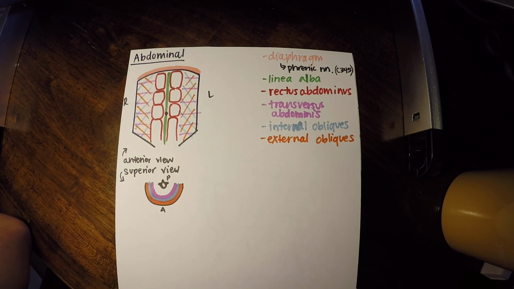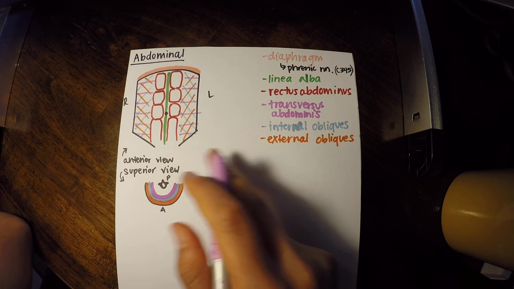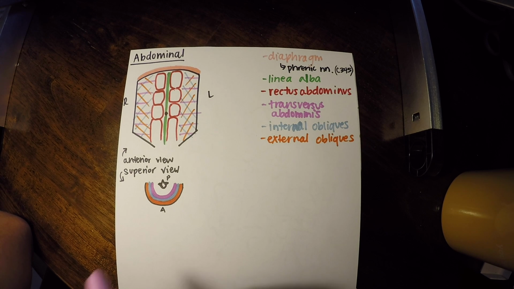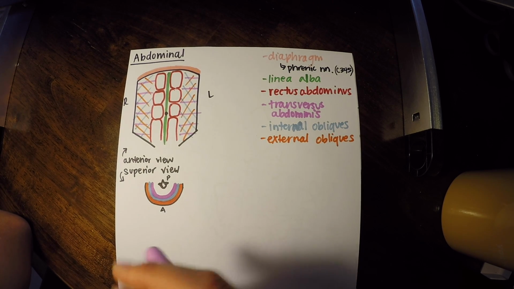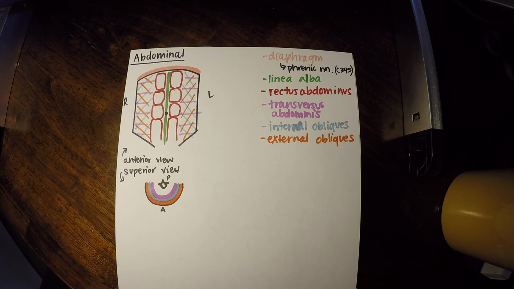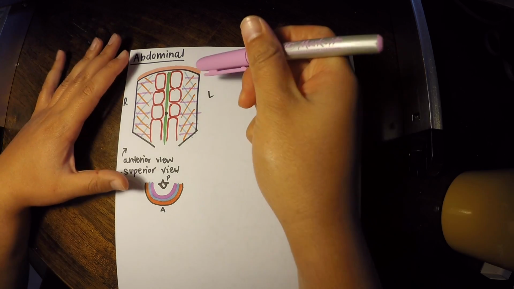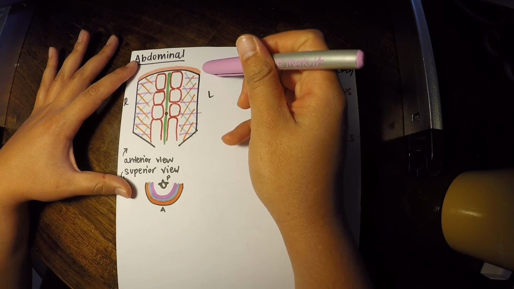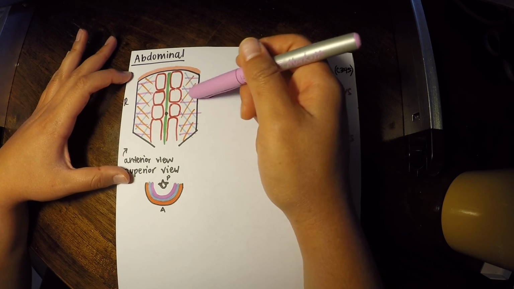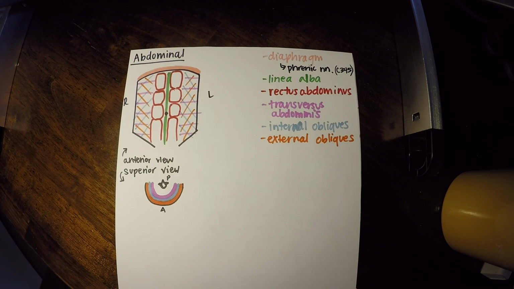Now, one more note about this is what helps me remember that the external obliques are oriented in this way compared to the internal obliques is because when I think about external obliques, I kind of think about like putting my hands in my pocket. And if you pretend you're putting hands in your jacket pocket, your fingers are oriented from like superiorly laterally to inferiorly medially. So that's kind of how I remember thinking about external obliques and putting something in my pocket to remember the fiber orientation, because that's what can help us distinguish the muscles from each other.